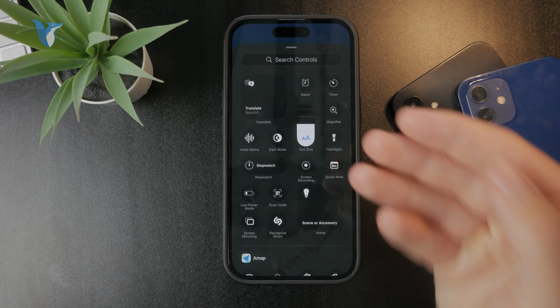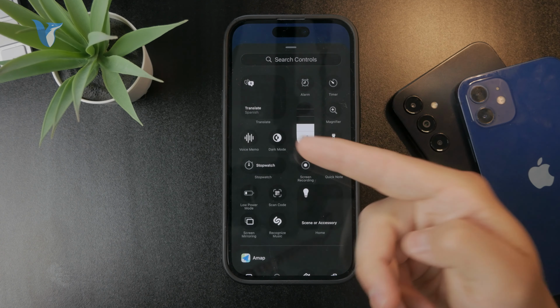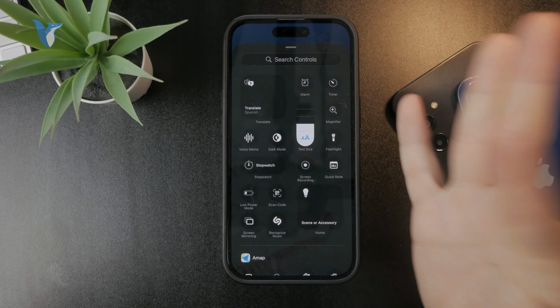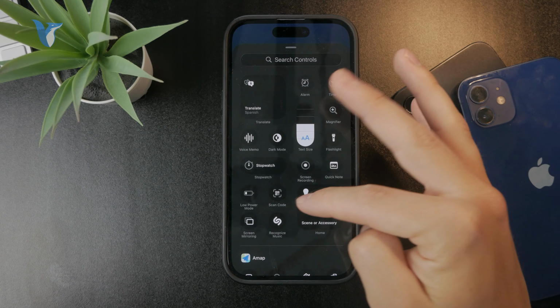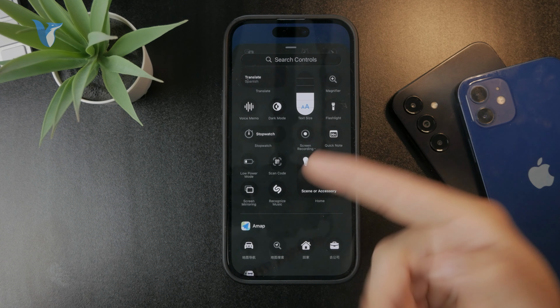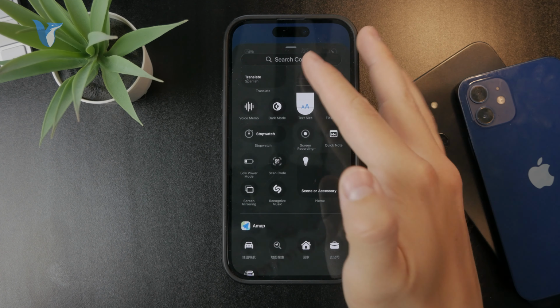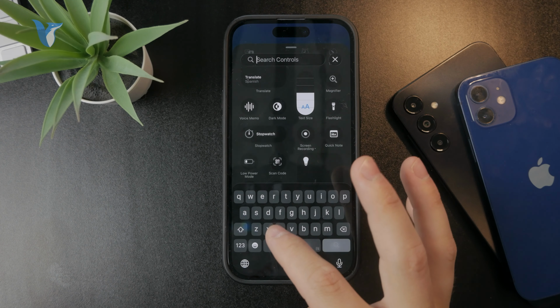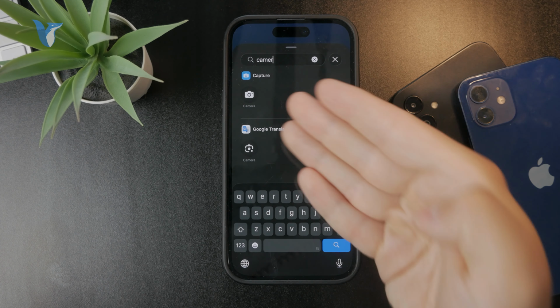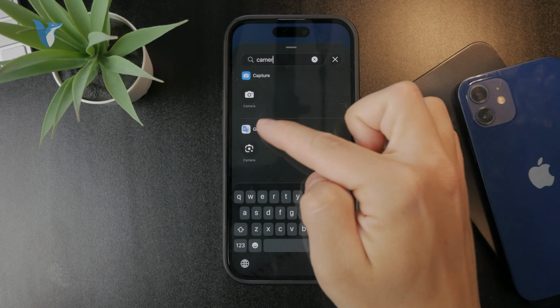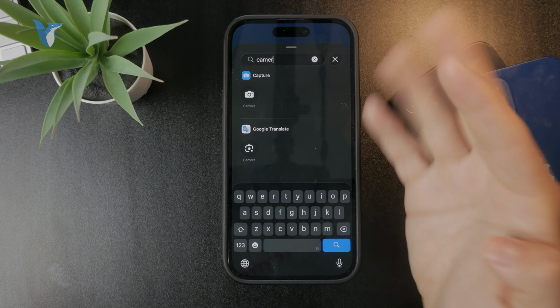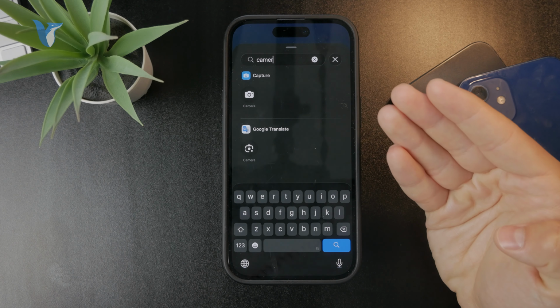menus. So for me, I can definitely add some things which I don't have, like the dark mode controller, for example, or the stopwatch, low power mode, Shazam, whatever, right? Just scroll through it, try to find something, I don't know, just type in camera, right? And you can get the camera or Google Translate camera, which gets me to the next point, which is that